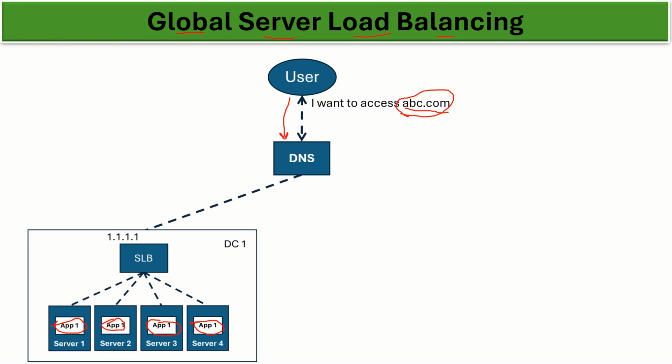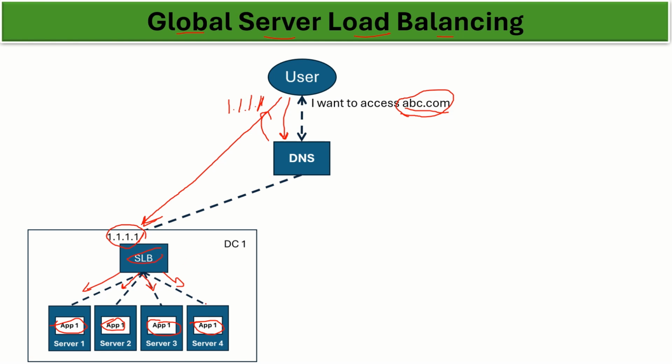DNS, as per its standard behavior, will send the IP on the server load balancer, 1.1.1.1, to the user. When the user gets that IP, it will direct its traffic towards 1.1.1.1 via the internet or via routing. When this request reaches the server load balancer, it will, as per its fundamental behavior, send it to the respective server wherever the load is low, or as per its round robin algorithm, whatever algorithm has been configured